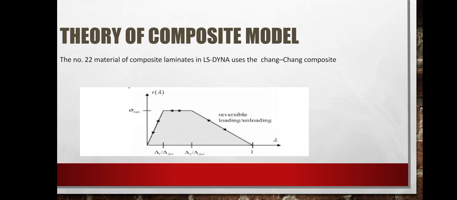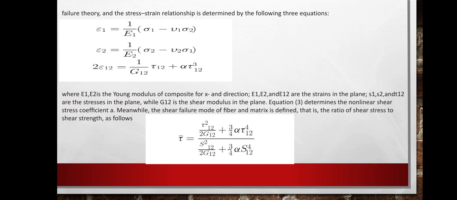This graph is for reversible load. The number 22 material of composite laminate in LS-DYNA uses Chang composite. Composite failure theory and stress strain relation is determined by the following equations. Three equations. Epsilon 1 is equal to 1 by Young's modulus 1 into sigma 1 minus u1 sigma 2. Epsilon 2 is equal to 1 by Young's modulus 2 sigma 2 minus u2 sigma 1. Epsilon 12 is equal to 1 by G12 tau 12 plus alpha tau cube 12,